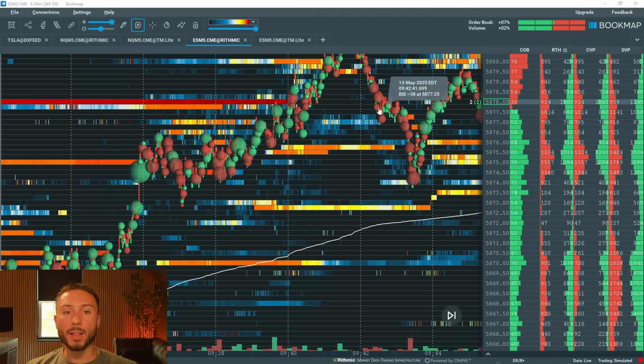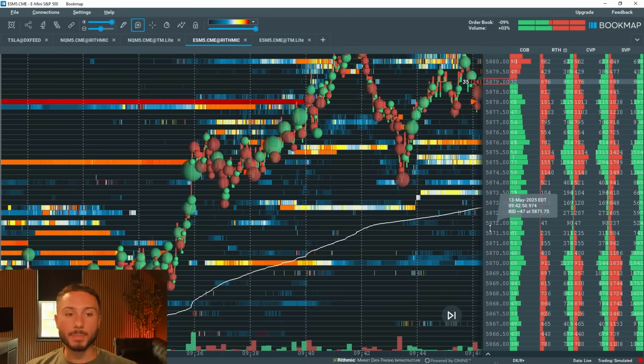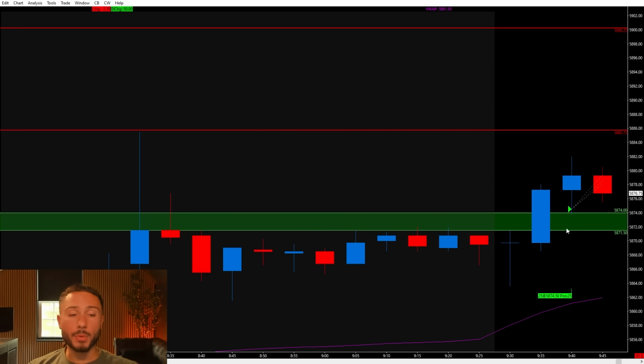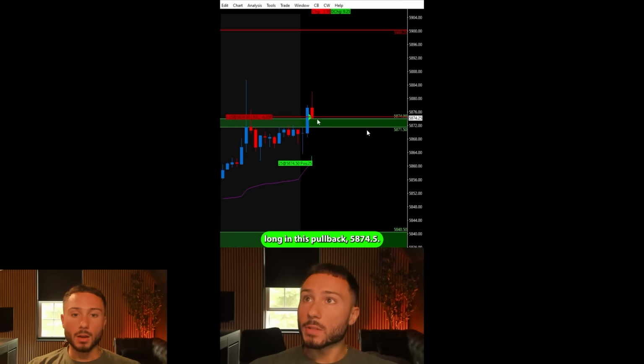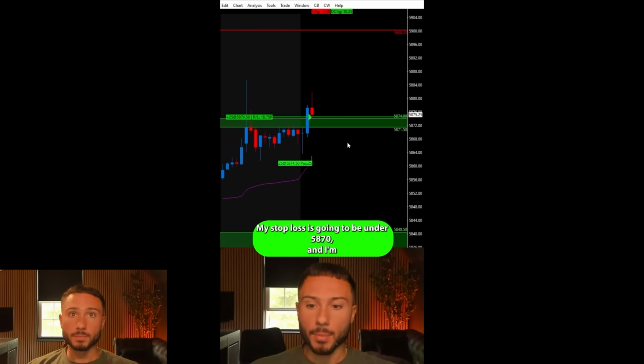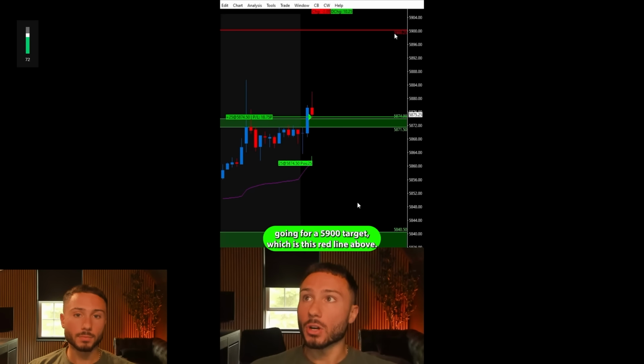And that was my validation, the pullback down here to get long at the 74s, placing my stop loss under this level of low volume at the 58.70 and a half, call it. And this is where I was able to catch the market long on the pullback into this level of interest. I'm long in this pullback, 58.74 and a half. My stop loss is going to be under 58.70, and I'm going for a 5900 target, which is this red